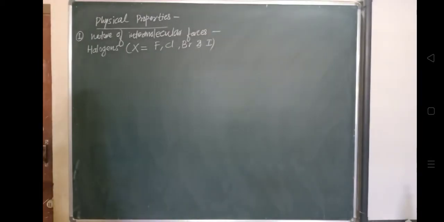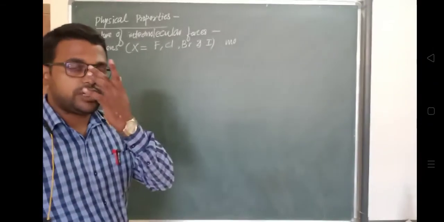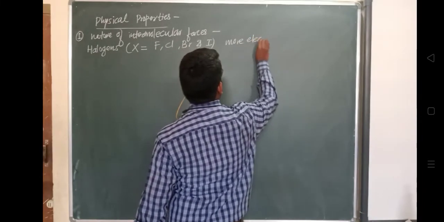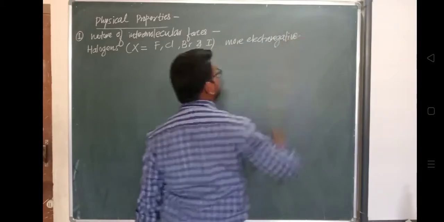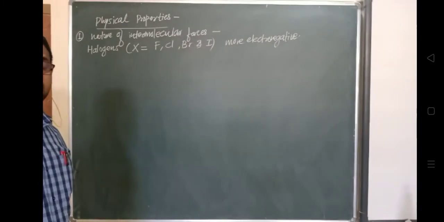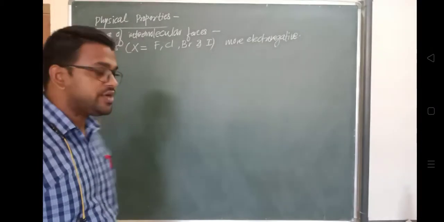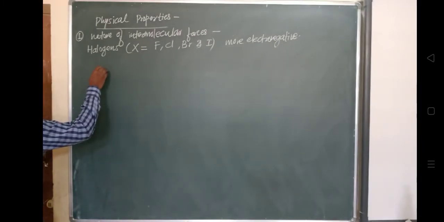These are more electronegative. We have already studied in group number 17 that these members are more electronegative, fluorine being the most electronegative in the complete periodic table. And carbon is electropositive. And the carbon atom that carries a halogen,